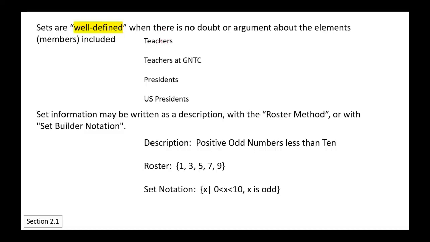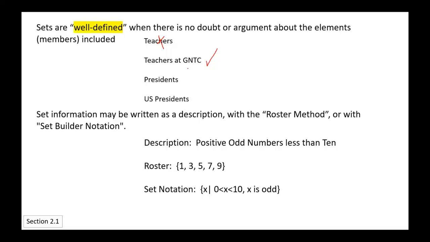Because they certainly teach children a lot. Are you only talking about certified educational secondary teachers maybe, or something like that? So we're going to mark this one off and then say teachers at GNTC would be a well-defined set,